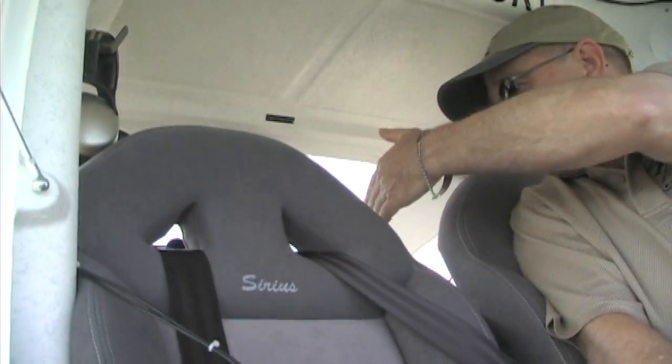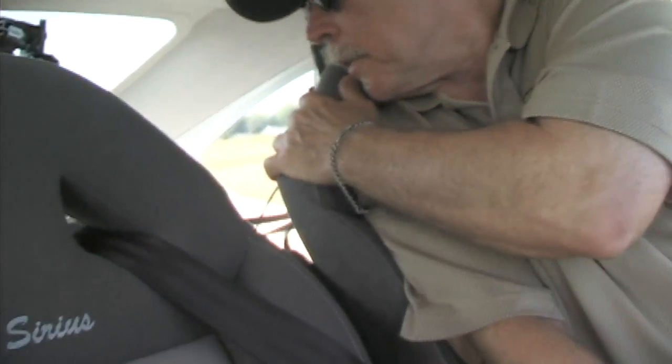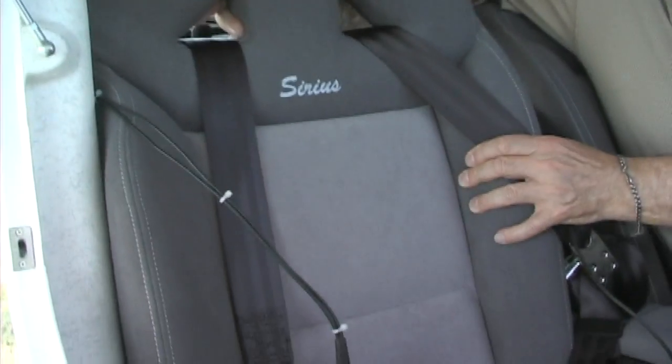In the baggage area behind us here, I'm told it's 75 pounds of capacity, and quite a few bags can go back there. Now, one thing I didn't notice, so I don't want to be a disservice to them, but I don't believe there's a door back there. And so therefore loading things back there is going to be a little more challenging because you've got to get it in the airplane. The good news is, I'll just pull it a little bit here. You'll hear the Velcro